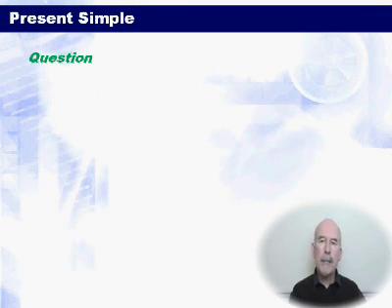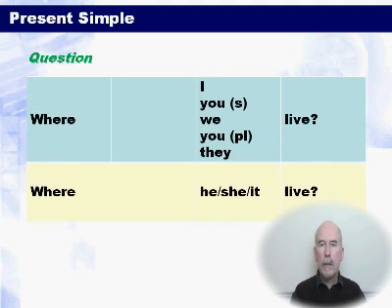Now we move on to the present simple and question forms. So the question, where I live, where you singular live, we plural live, you plural live, they plural live. And then we have the third person singular, where something he, she or it live. So let's have a look at the first one, where do I live? Where do you live? Singular. Where do we